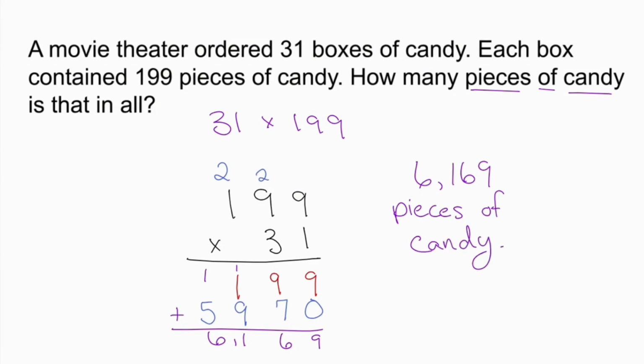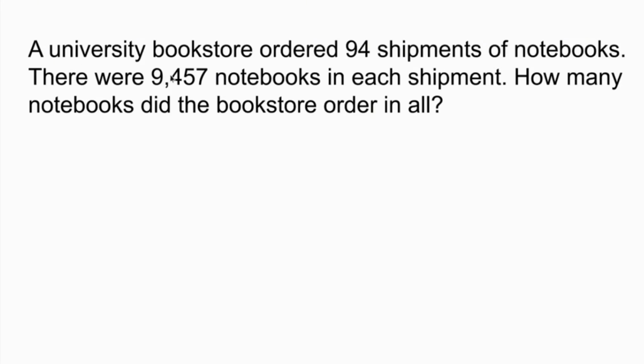And that's your answer. A university bookstore ordered 94 shipments of notebooks. There were 9,457 notebooks in each shipment. How many notebooks did the bookstore order in all? So 94 shipments with 9,457 notebooks in each one. So this is 94 groups of 9,457. So we multiply 94 times